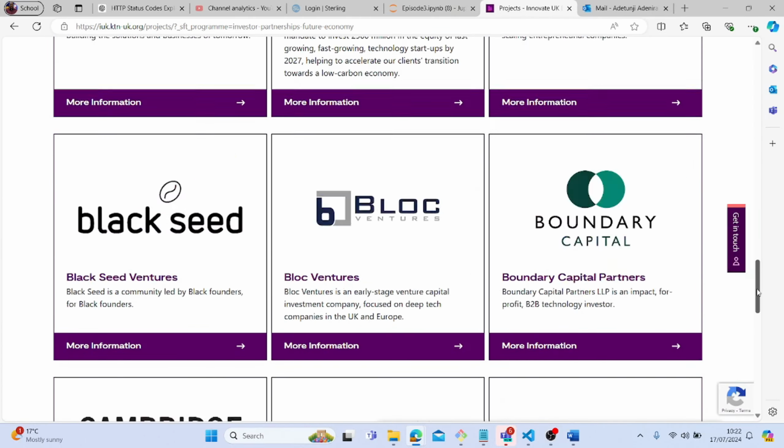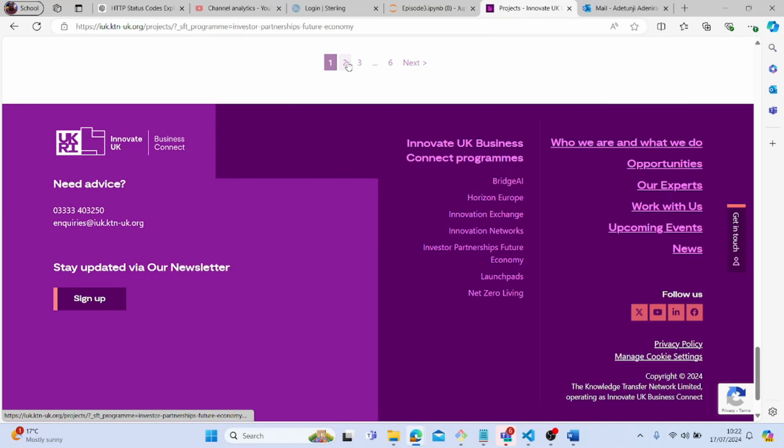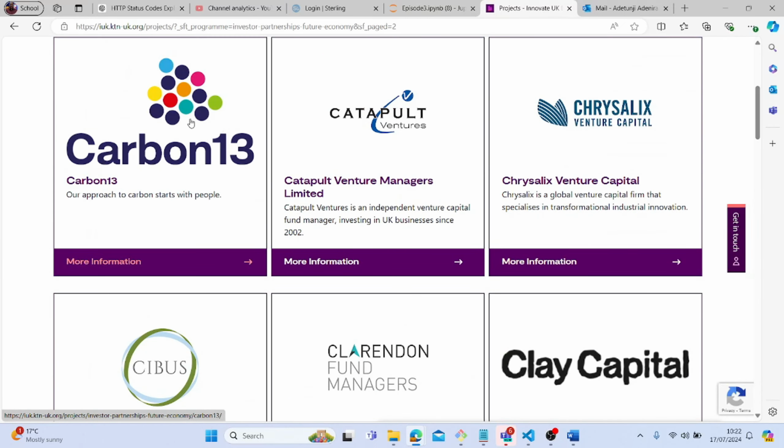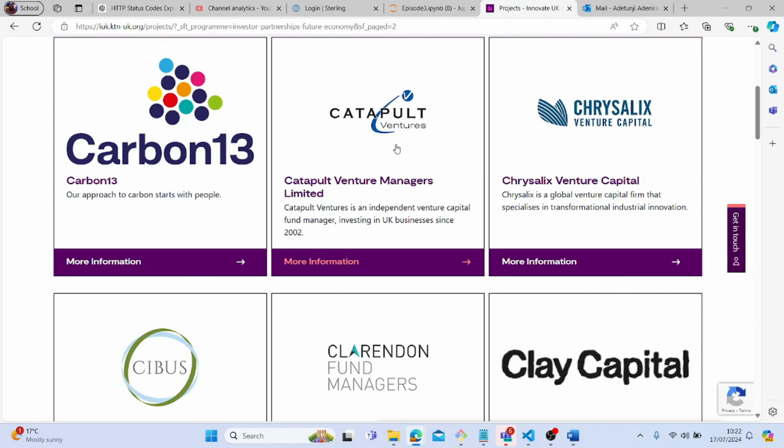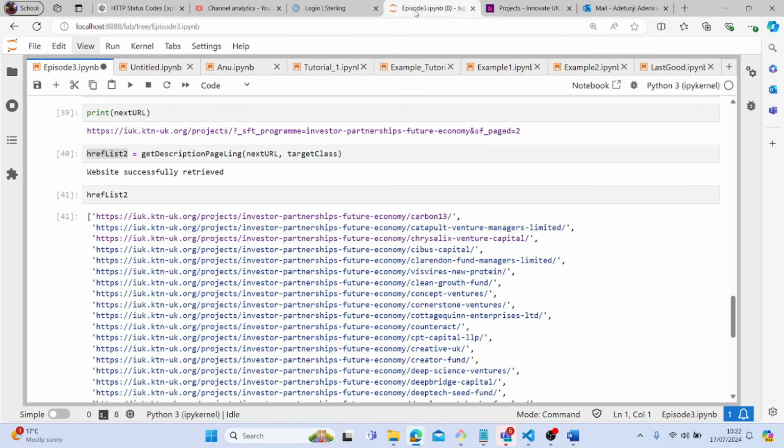The first thing on the second page is Carbon 13, and the second one is Catapult Ventures. So we are able to explore and get those links to the description pages of all the investors listed on the second page. That's what we will use to navigate all the pages